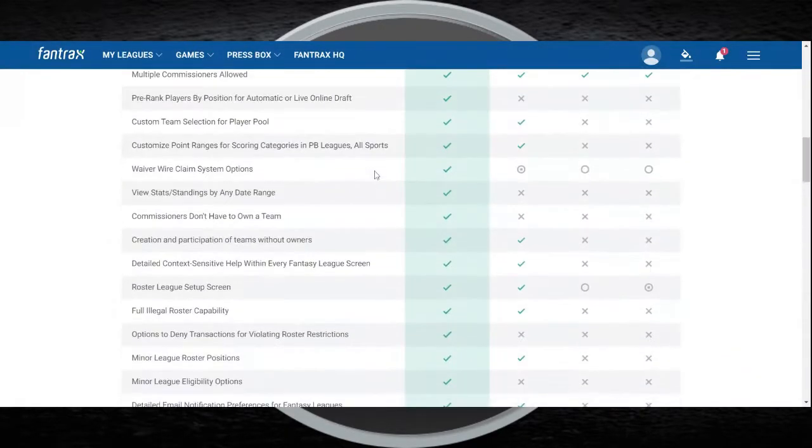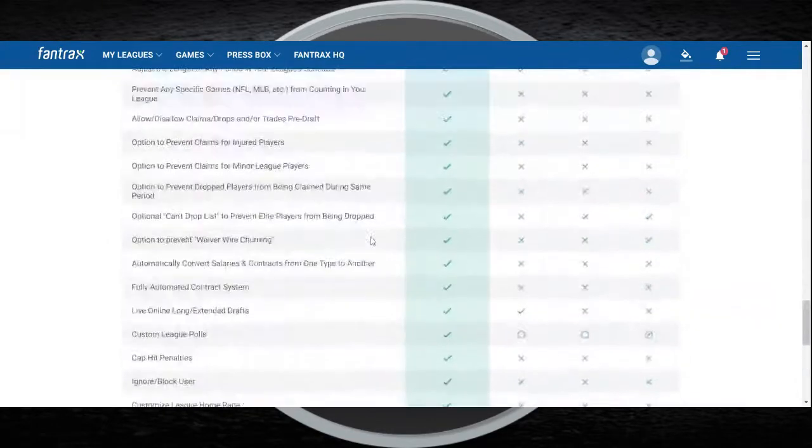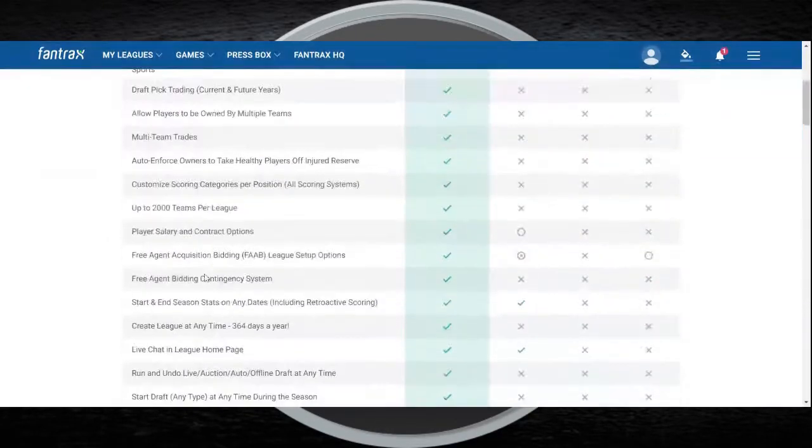Let's see here. All features. Pretty sure all this. So it may not even let me set up. But what it would do usually is pop up a little thing here that says, create a new league, copy a league. And what is great about this is if you have a copy,